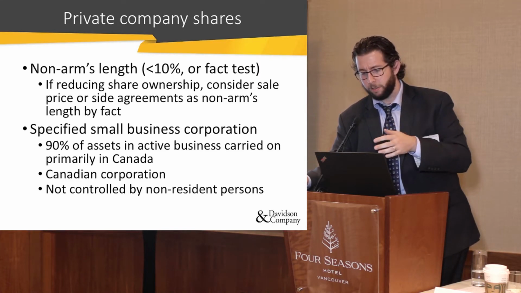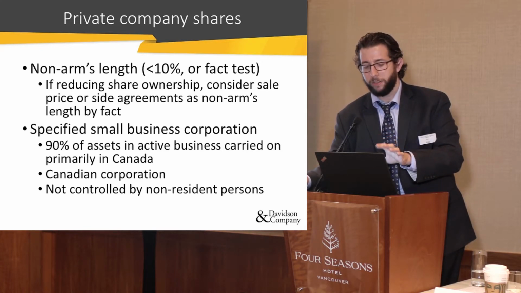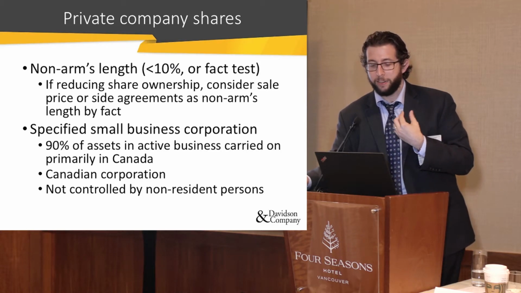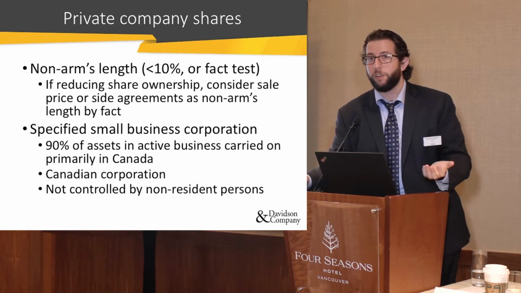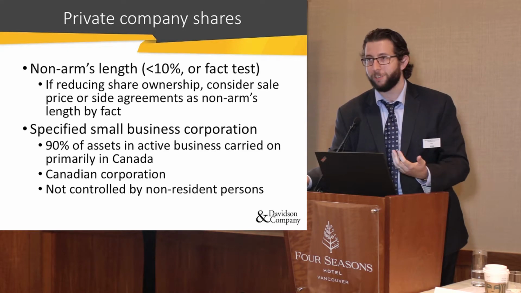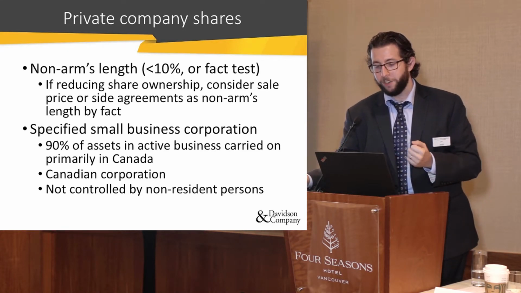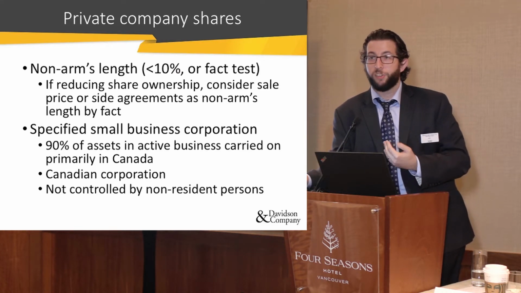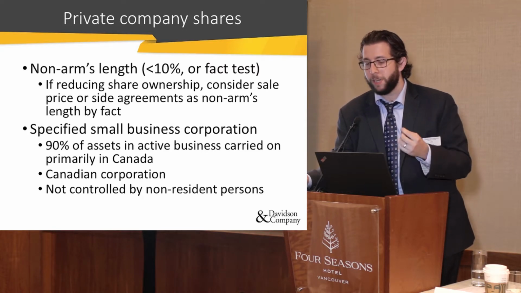So private company shares need to go back to that prohibited investment test. It needs to be on a non-arm's length basis, and that less than 10% test prohibits a lot of private company investments. So your personal holdcos are never going to be going into a RRSP. And if you're considering reducing your share ownership so that it could qualify to go into a TFSA or RRSP,